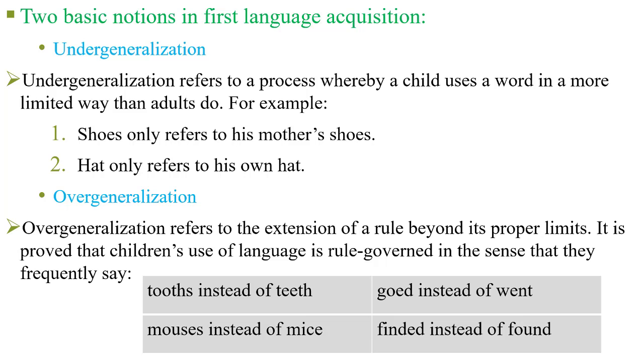However, we have some other nouns which change completely. So we don't add the s, but children overgeneralize. So they apply this s rule of plurals to all nouns. The same with verbs. So, for example, for the regular past tense of verbs we add ed. However, there are some words which are irregular, which change completely. But the child applies this ed rule of the past to all verbs.